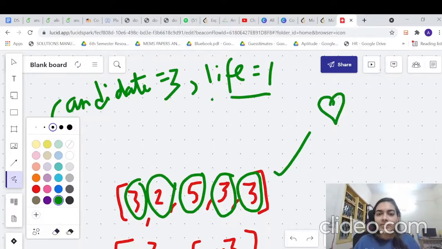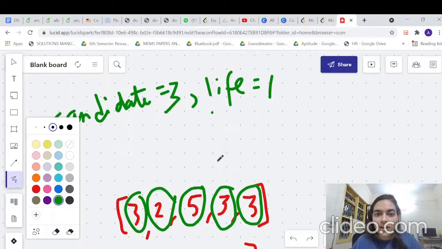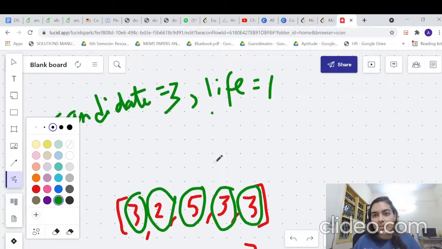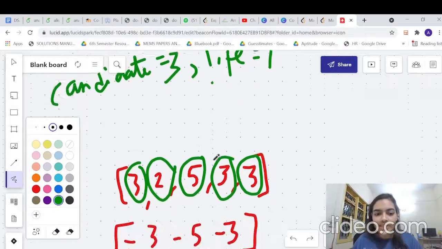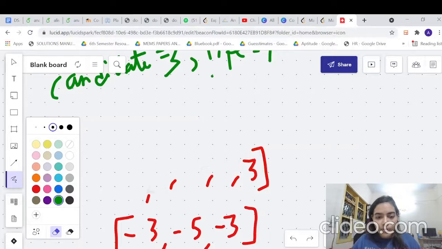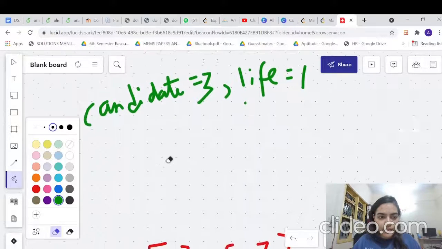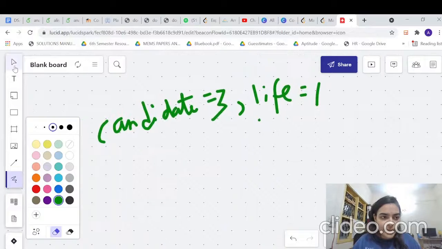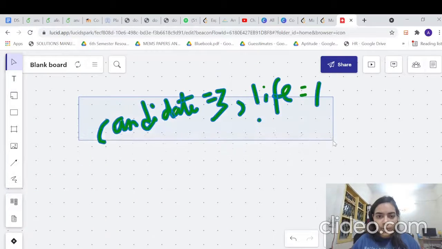The element which is still having life left after all the others are shooting it, if it is occurring more than half of the times, even if others shoot, they will not be able to eliminate all of its lives. So that is a simple logic. Now let's quickly see 1 or 2 more examples and then we will move forward to our actual coding, and then we actually want to solve the majority element 2 problem. So it was important to build this logic.